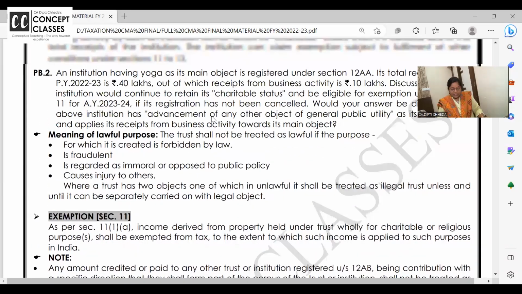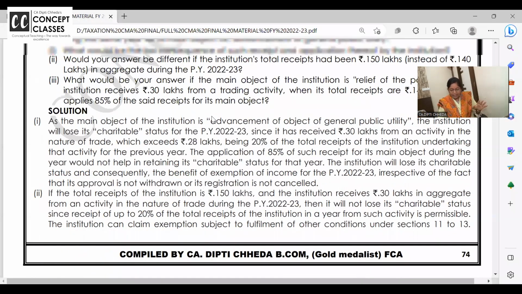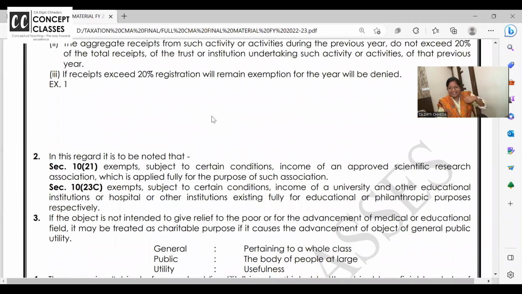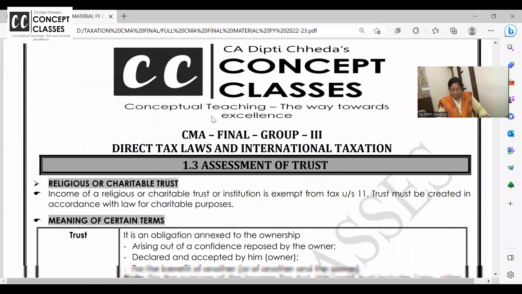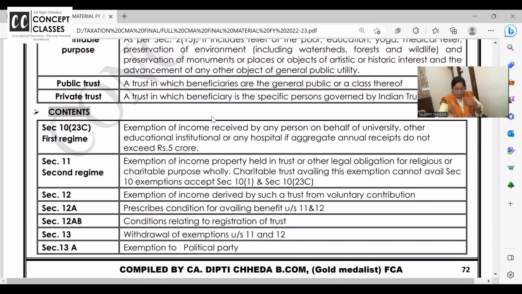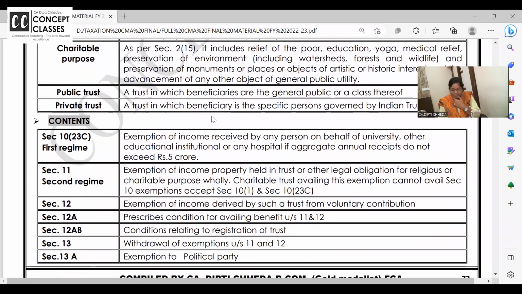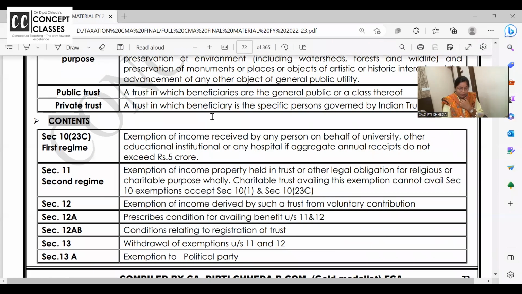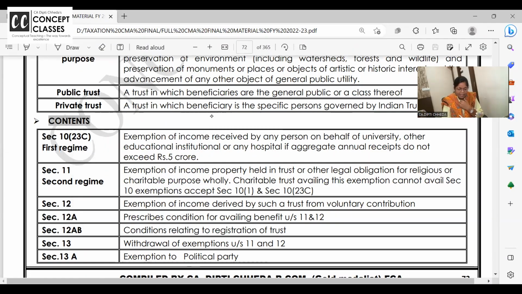One thing, dear students, today there are no problems, as we have already solved more than 13-15 problems. Everything is done, so today there is no problem for you to do, and I'm going to stop and wait over here. So in case you have a doubt, use the chat box, or unmute and ask. Look at this. Who are the people who are involved? Also in your book, on the very first page of this chapter, if the limit is 1 crore, please make it 5 crore, and I want to discuss this a little. Today being the 5th class, for the trust we have studied everything comfortably, but I want to go in a flow that you will be able to follow.